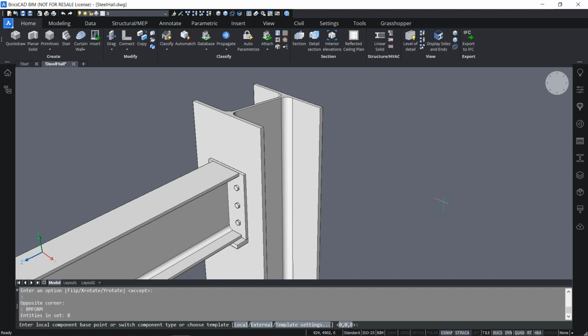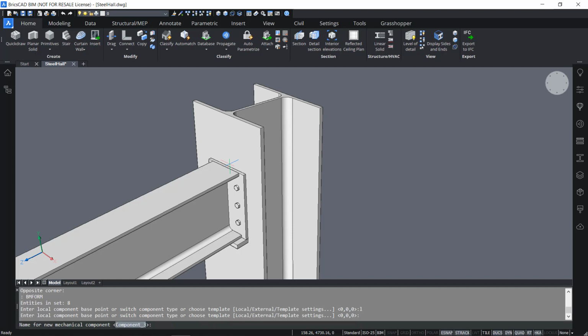And I type in L for local, because I want to make a local component out of it. And then I choose an origin point. It's asking me to choose an origin point, and I choose the midpoint of the plate towards the flange. And I give in a name, for example, bolted plate